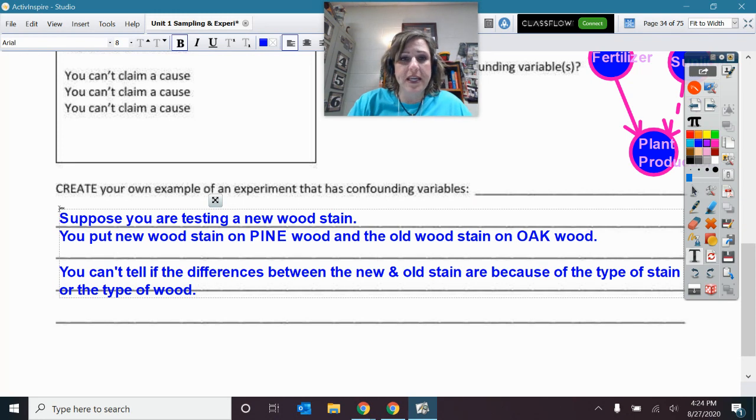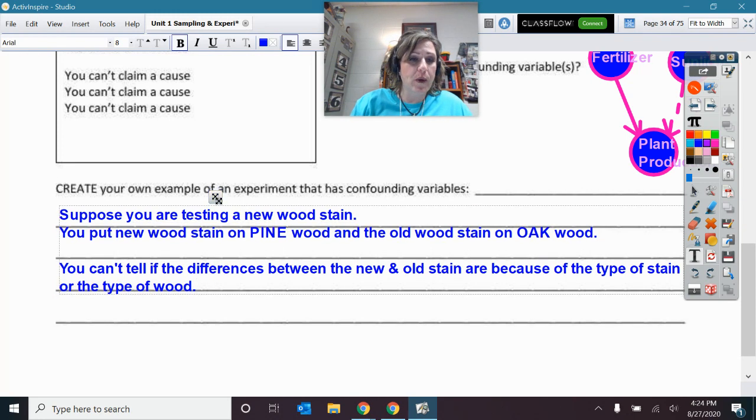Okay, so say you're testing a type of wood stain. What happens is you put the new wood stain on pine wood, which is softer and more absorbent. You would put the old wood stain on oak, which is more dense, harder, not going to absorb the stain as much. Okay. And so as a result, whichever one gave you the quality you wanted, you couldn't tell the